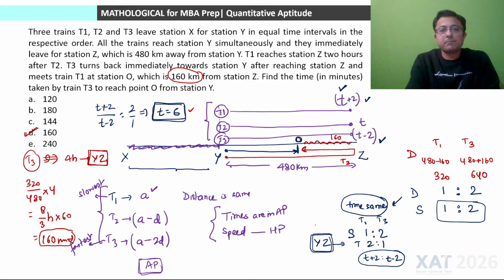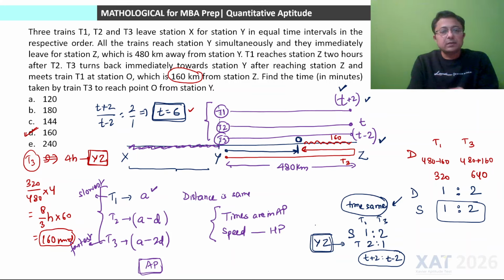क्या ये क्लियर है? तो हमने क्या किया, इन द फर्स्ट हाफ from the first two lines we understood that all three trains are starting at a gap of certain time, they are starting in equal time intervals, so times taken by trains are in arithmetic progression, T1 is starting first, T3 is starting last, तो फर्स्ट ट्रेन जो पहले स्टार्ट हो रही है T1 दैट मस्ट बी द स्लोएस्ट ट्रेन, T3 मस्ट बी द फास्टेस्ट ट्रेन, ओके, एंड सिंस डिस्टेंस ट्रेवल इज सेम, तो टाइम आर इन अरिथमेटिक प्रोग्रेशन, तो स्पीड मस्ट बी इन हार्मोनिक प्रोग्रेशन, दैट इज फर्स्ट थिंग।